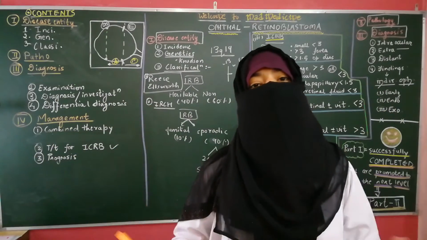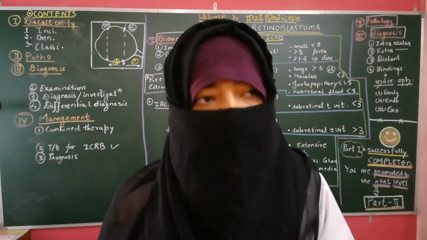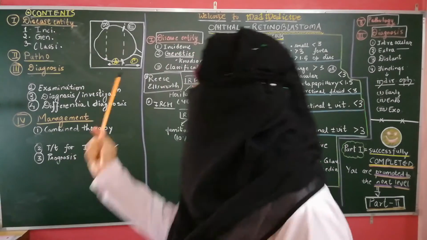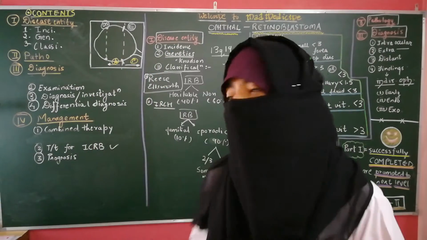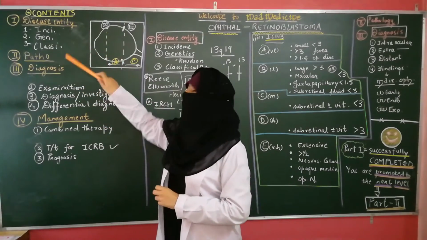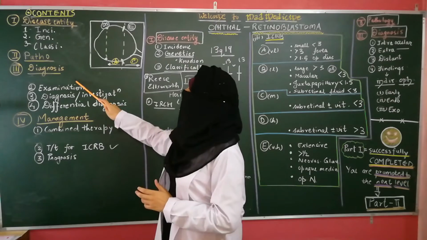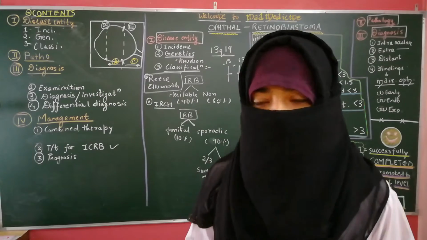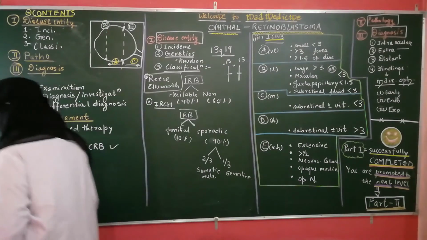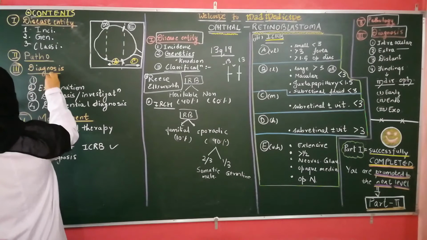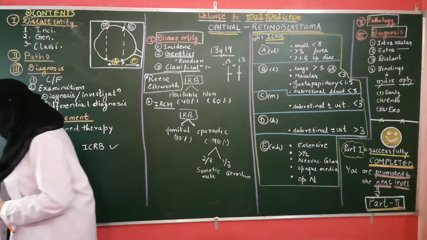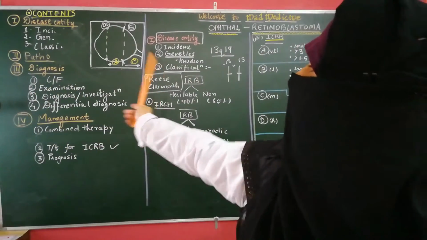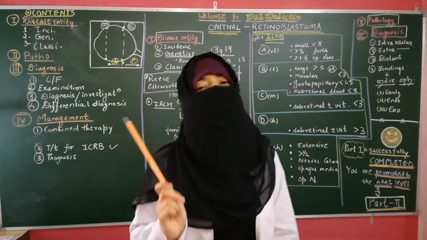So, currently, this video is part 1 of the lecture series, and we are going to discuss various topics such as the disease entity and a part of the diagnosis and pathology, right? So the disease entity, the pathology, and a few things of the diagnosis, that is the clinical presentation. Fine. So let us start, and in the next video, that is part 2, we will discuss the other left out part of the diagnosis and the management.